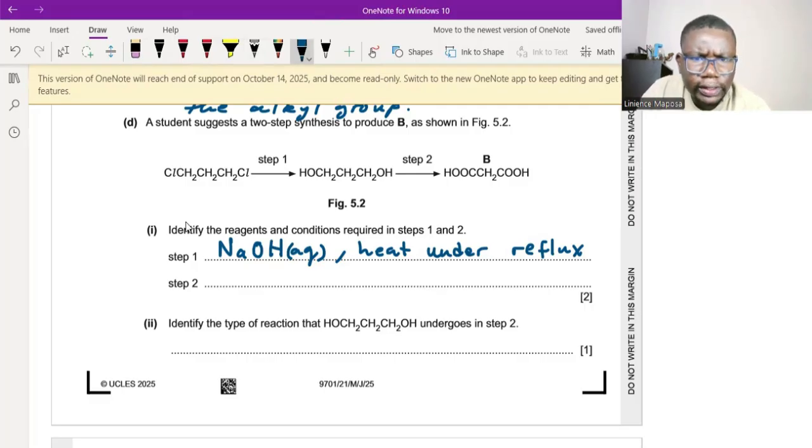Step 2, we have the alcohol being converted to a carboxylic acid. That means there's been oxidation there. So I need an oxidizing agent. So what could I use? I could heat with concentrated potassium permanganate(VII). Okay, heat. We did this before. If I heat with concentrated potassium permanganate, you know this is a strong oxidizing agent. So heat